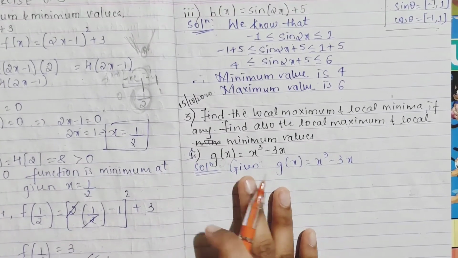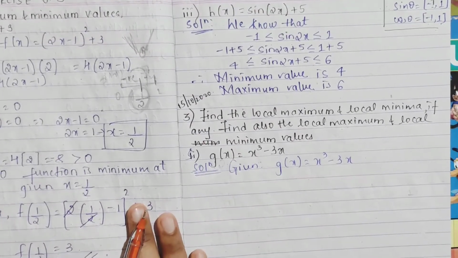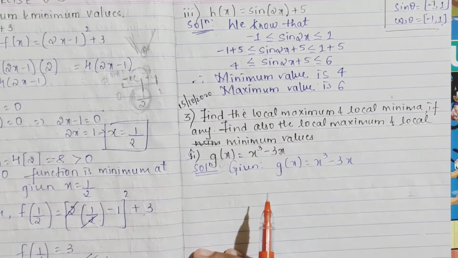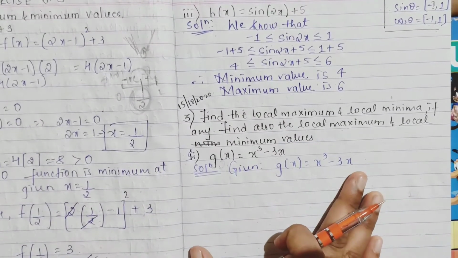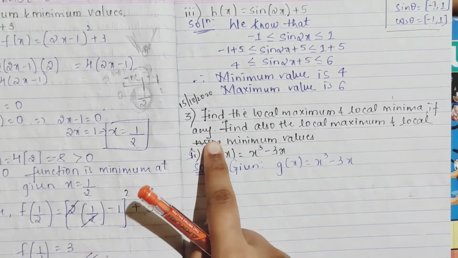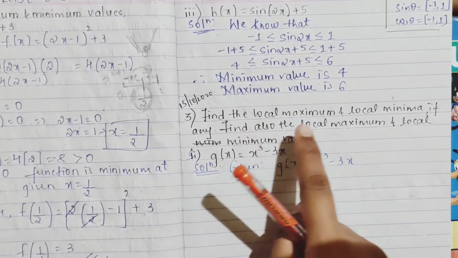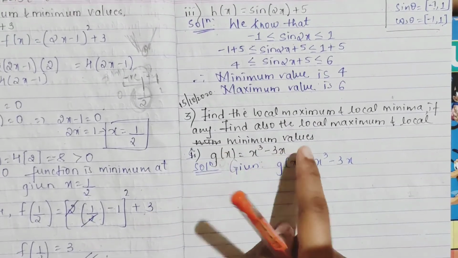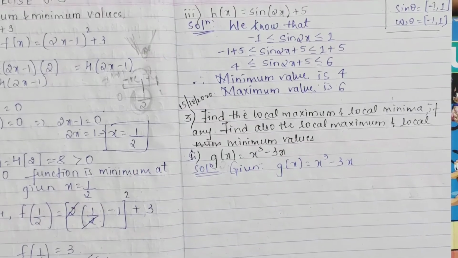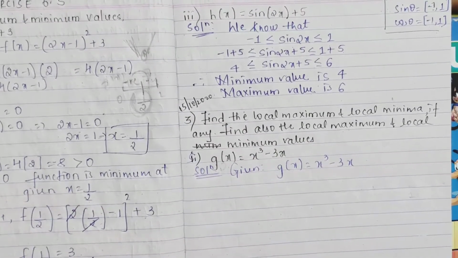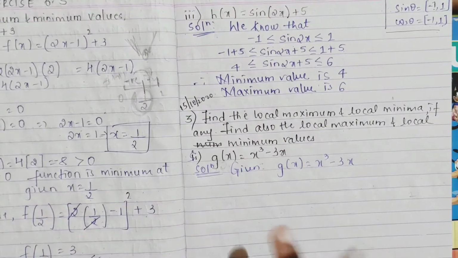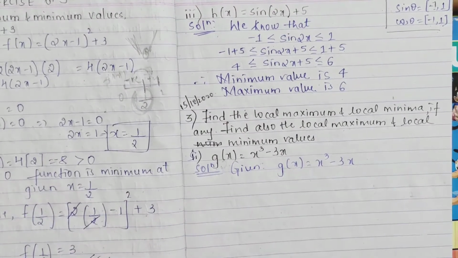So till last class we have started with our exercise 6.5 and up to second problem I have shown you. I hope that is clear for you. We'll go for the third. Find the local maximum and local minima if any. Find also the local maximum, local minimum values also. Same as your first and second we had done. In that we had removed values, we had not removed the point. Here you have to remove the point plus your values too.